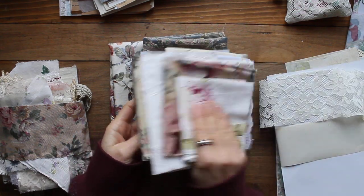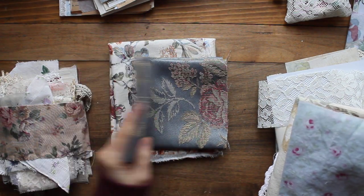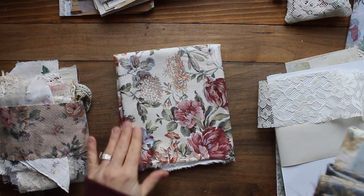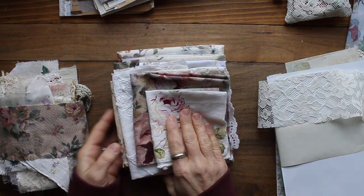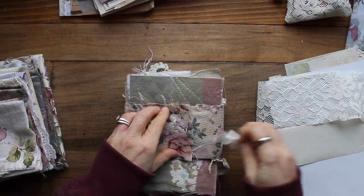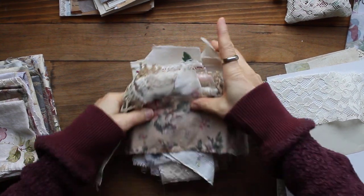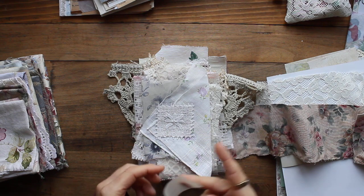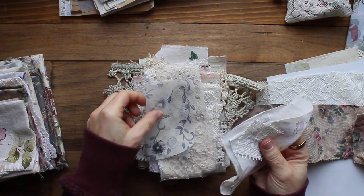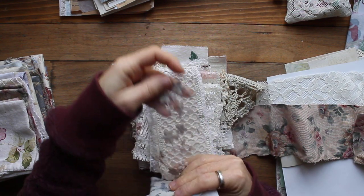This is in the other kit as well. And here is this dark, well, it's not really dark, but it's moody, and it's just romantic and pretty. And a big piece of that floral that was in the other kit is in this one as well. And I'm sorry I'm going quickly. I just don't want to have to do this again. Okay. So in here you've got some vintage hanky with a different pattern, and some of this sheer scarf material. This beautiful piece of